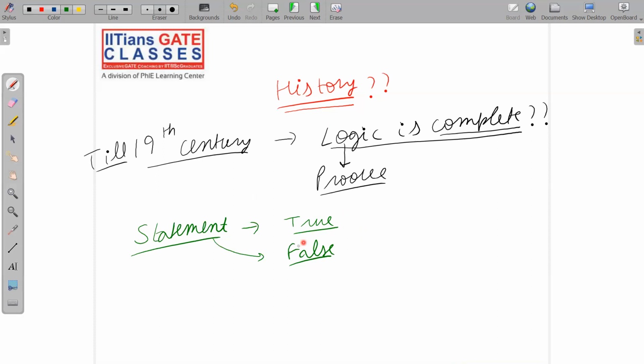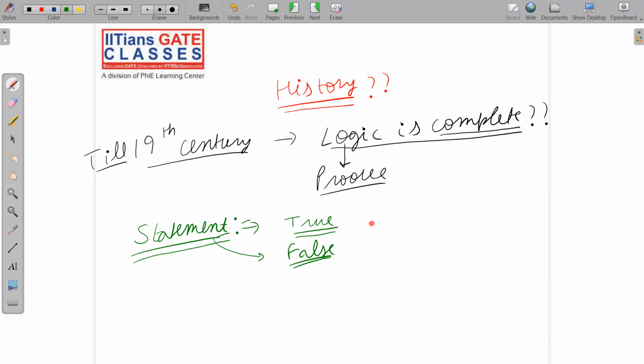This is the basic crux of what I'm going to say right now. Okay, so given any statement, we can easily prove that it is true or false with the help of logic. Now the next question is: given any statement that you already know is true or already know is false, can you still prove with the help of logic that it is true or false? Yes, you will say, obviously sir, we can prove it because we already know that it is true.